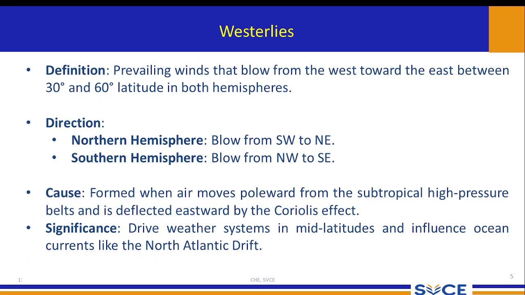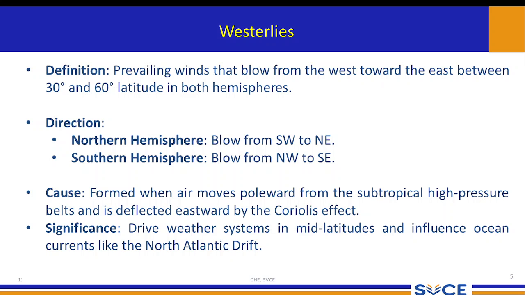Definition goes like this: prevailing winds that blow from the west toward the east between 30° and 60° latitude in both hemispheres. The northern hemisphere and southern hemisphere are both hemispheres. In the northern hemisphere they blow from southwest to northeast, and in the southern hemisphere from northwest to southeast. The cause: formed when air moves poleward from the subtropical high pressure belt and is deflected eastward